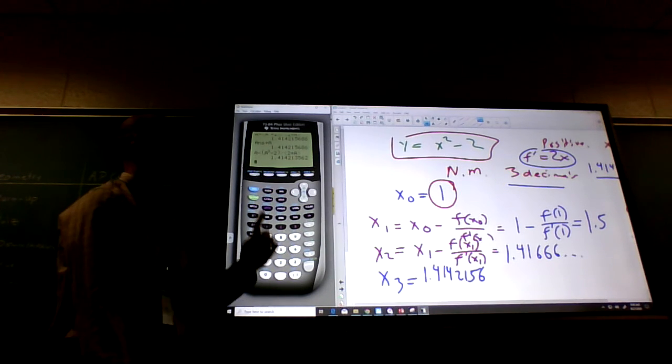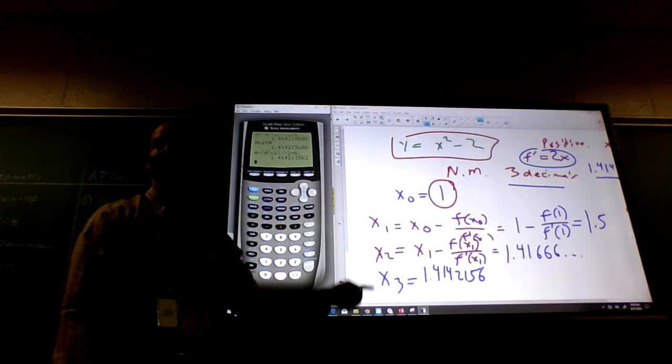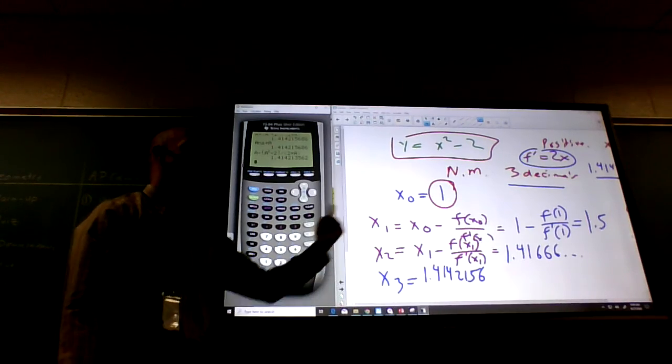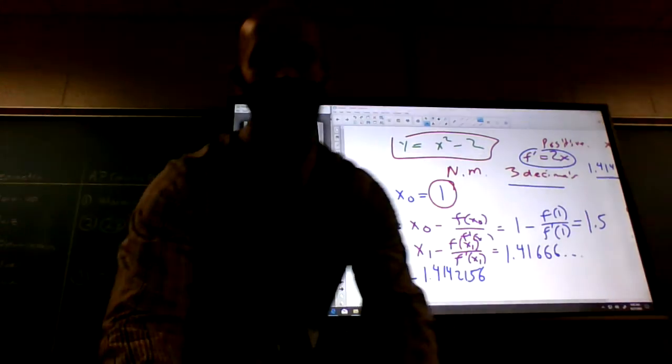Now, I don't recommend you do this until you've memorized the formula, because practicing rewriting this will help you memorize the formula. Hopefully that's a good use of